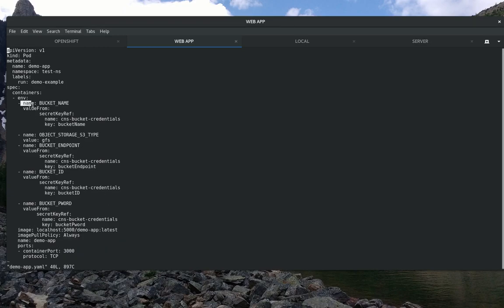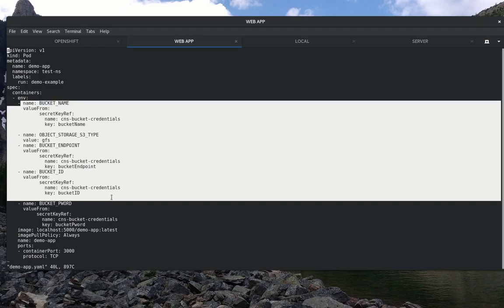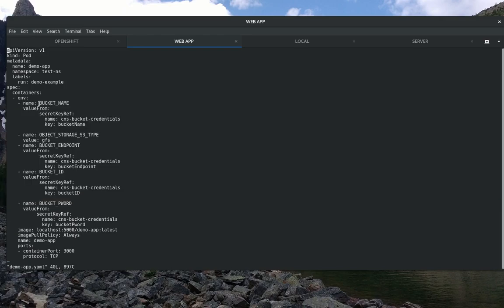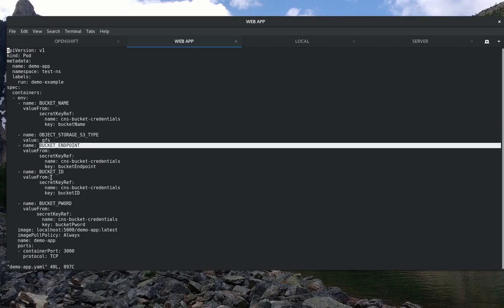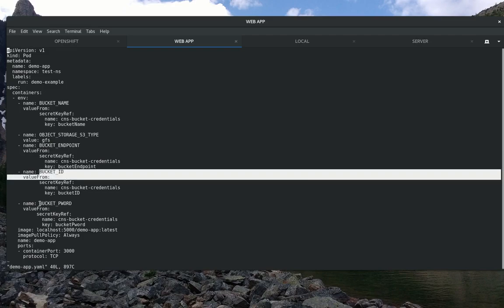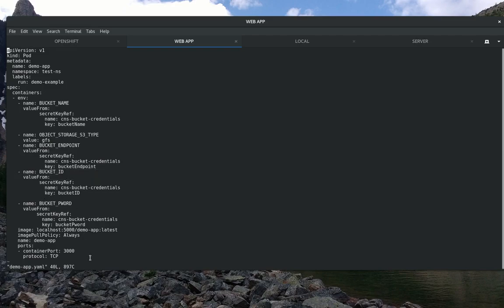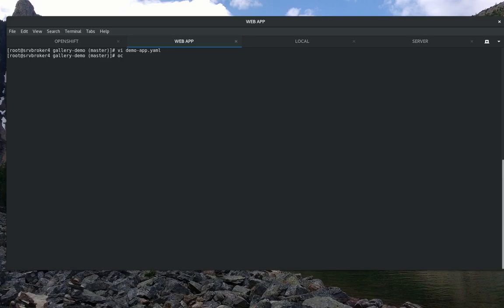Now, where things are a little bit different are the actual definition that comes from the credentials. So here I've passed in the bucket name that we generated earlier. It's being passed in via the credentials file, so that it now has that. I also have the endpoint, which is the IP address, and then I have just some other credential information. But all this is now being passed into the application. If I go ahead and create my application, get it up and running,